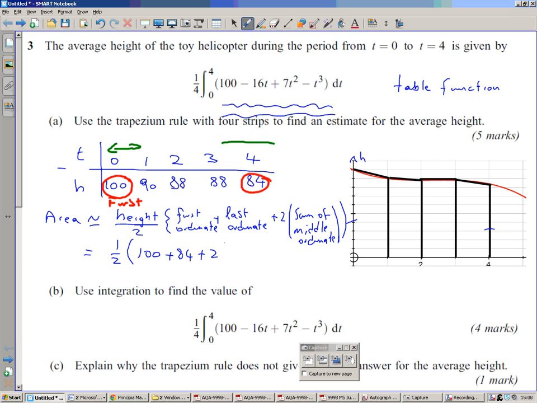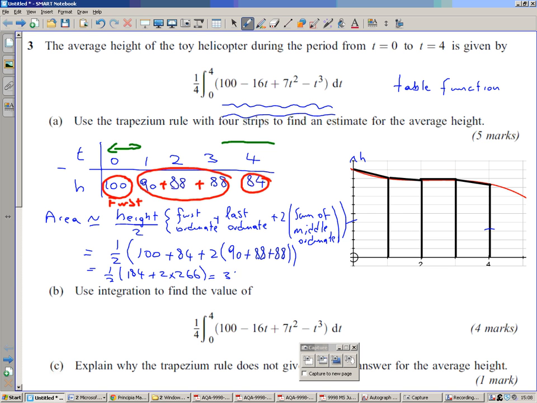Plus 2 times the sum of all of these ones added together, so it's 90 plus 88 plus 88. That comes to, if you work that out, a half of 184 plus 2 times 266,